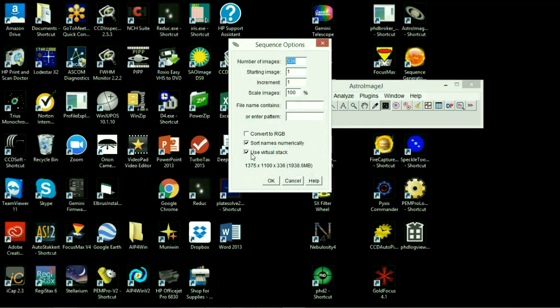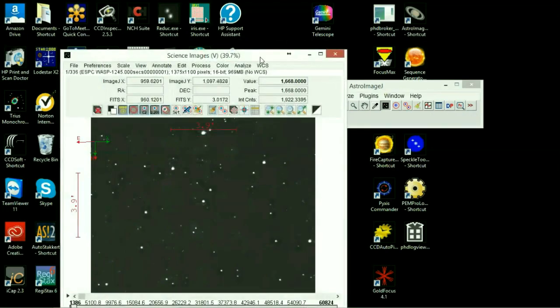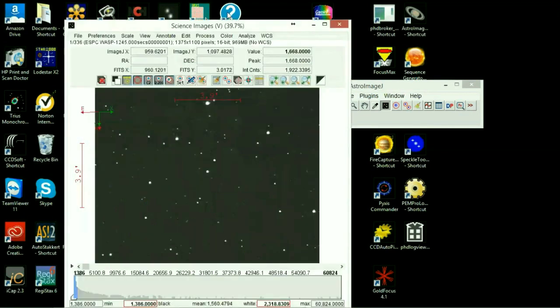With a large number of images, let's just keep this checked as using a virtual stack. When we hit OK, the images are all loaded up, and we now have all of the 336 images of our WASP-12b